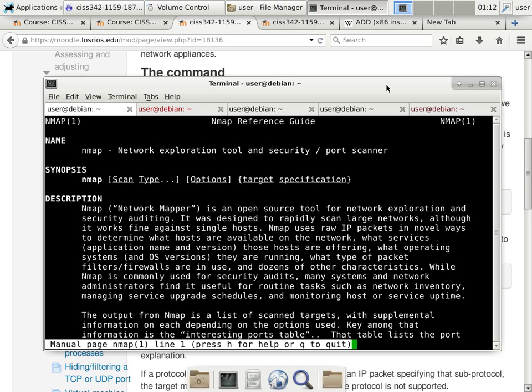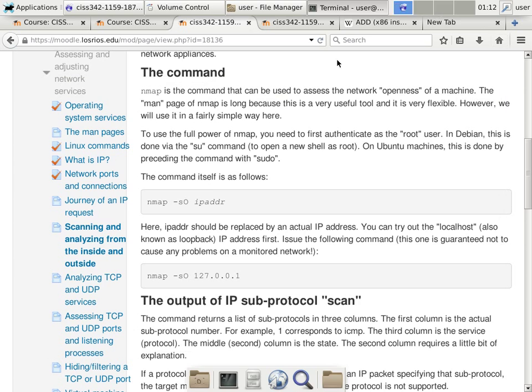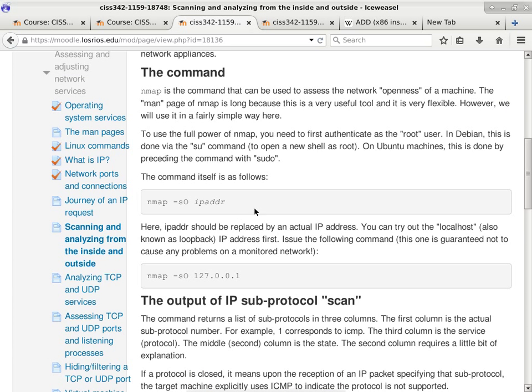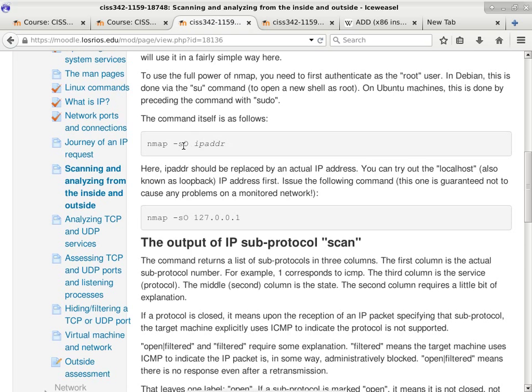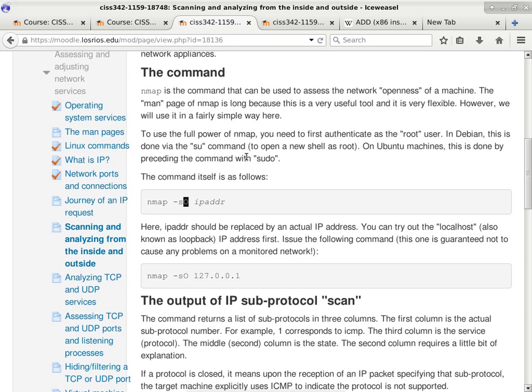Are there any questions about the nature of Nmap? Okay. If there are no questions, I'll just briefly describe this command here. So this command, you have to run it as the root user, and using dash uppercase O. Okay, so what it's going to do is check what type of subprotocols of IP are supported by the system.